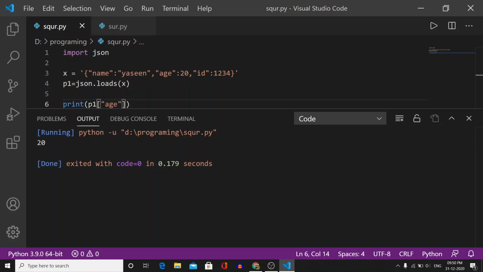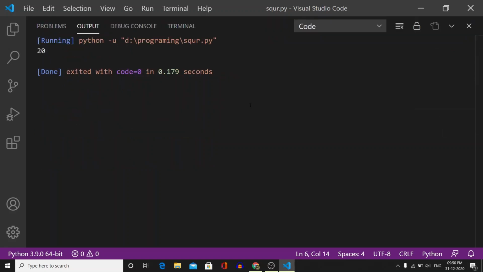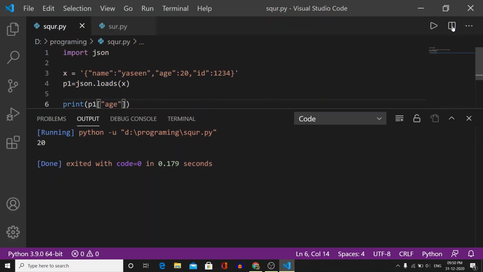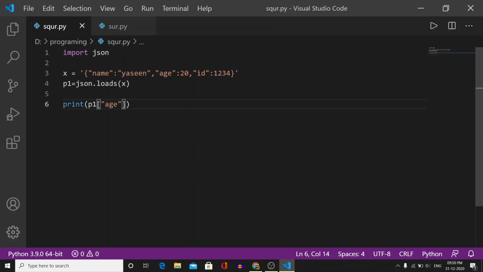Now, similar to json.loads, there is one more method which is known as dump. So let's perform that also here. Instead of loads, we will replace it with dumps.